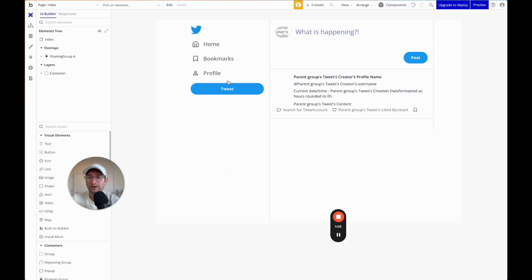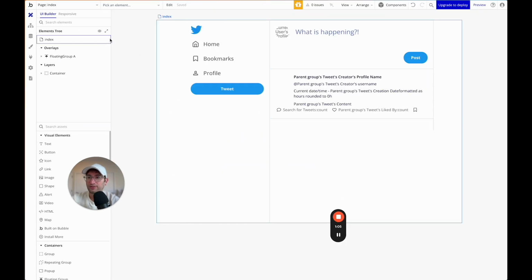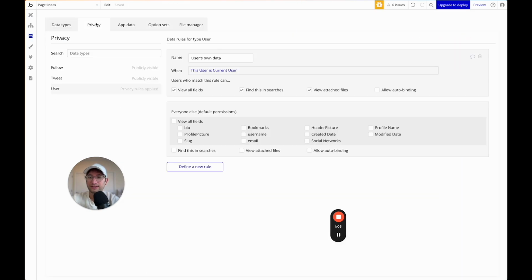So if I go back to our app and we go to our database, we go to privacy. So here's the issue. The user can see their own data, they can see the fields and everything else, but everyone else cannot see all of the user data. So we want others to be able to see the bio, we want them to be able to see header picture, profile name, username. We don't want them to see the email, but we want to see those. So just by making that change,